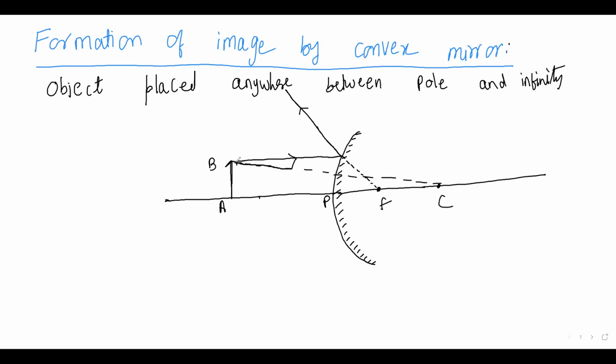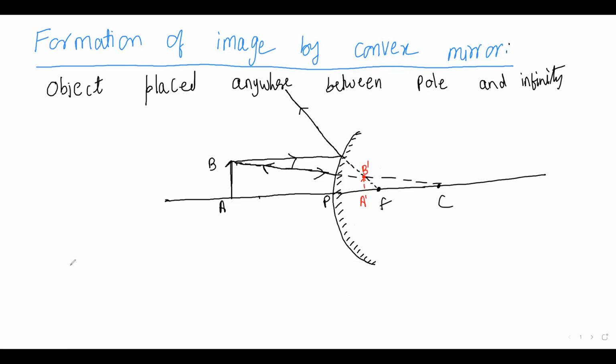Here I am using solid lines, and dotted lines behind the mirror. The ray is incident and reflected in the same direction. Here both the rays are meeting at this particular point. यहाँ पर दोनों रेस मिल रहे हैं, यहाँ पर इमेज फॉर्म हो रहा है, और इमेज डिमिनिश्ड, वर्चुअल, एरेक्ट है। आप ए डैश बी डैश इमेज को देख सकते हैं।